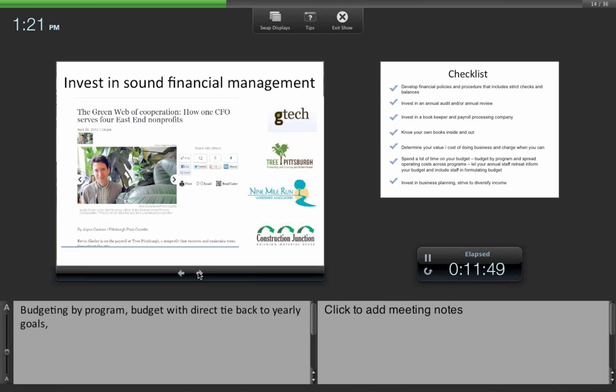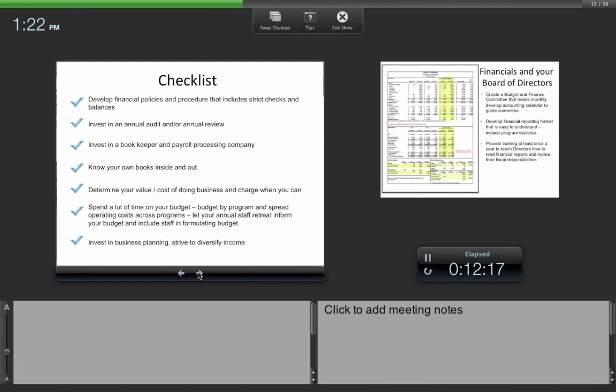He almost treats us like he's a consultant, we're his clients. He's truly an employee of ours. We all, as collaborative members, share responsibility. For example, Kevin is actually an employee of Tree Pittsburgh, so I handle payroll and all that kind of stuff. But if you go to the next slide, what he's helped us to accomplish, and some of these things we already had in place, but he certainly has taken it to a new level, developing financial policies and procedures that include strict checks and balances,